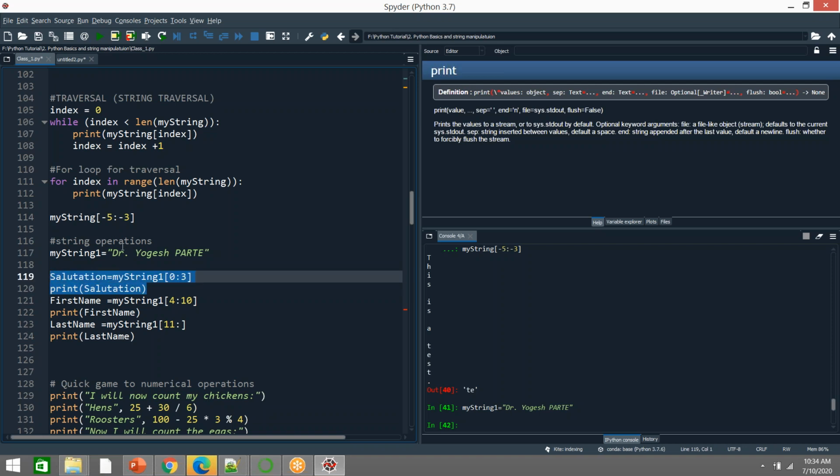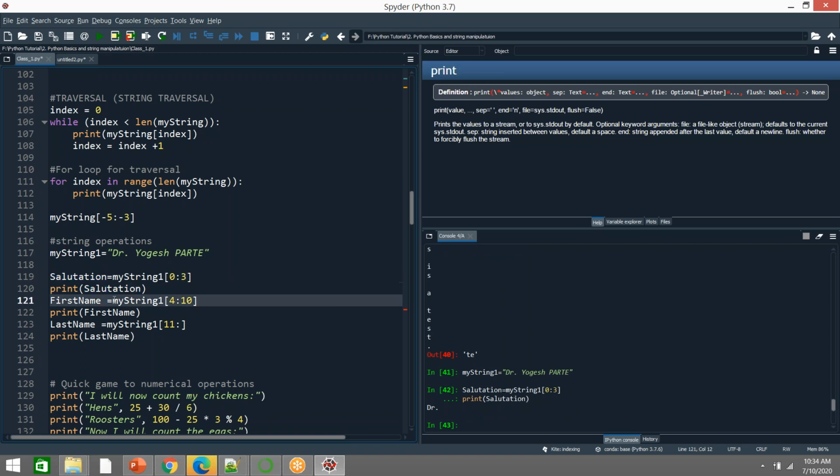The salutation means only this part, that is 0 to 3, that means 0, 1, 2, and 3, and from there the name is starting. So if I go and print the salutation,